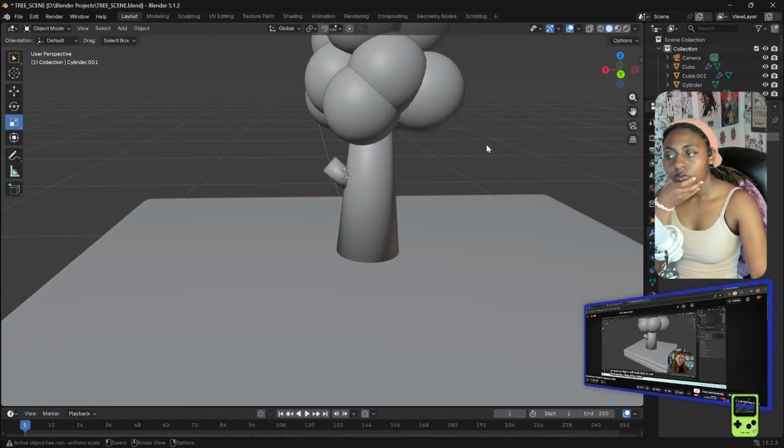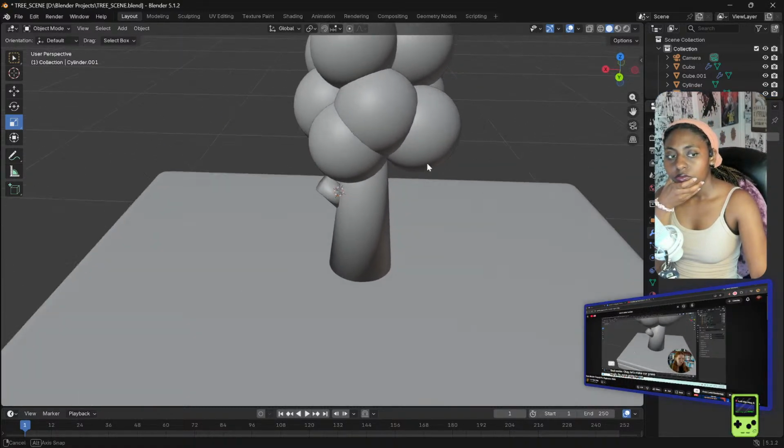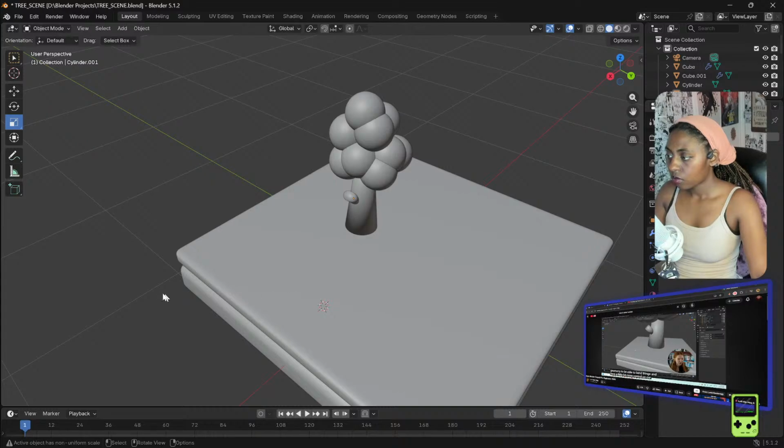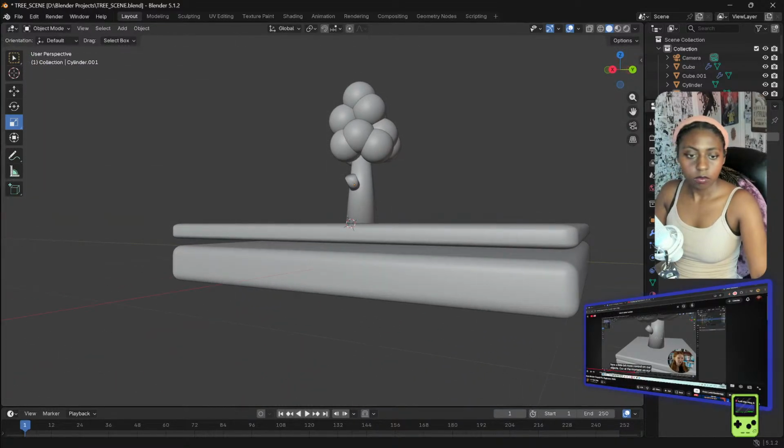Okay, let's make our grass stuff. So we're going to use circles to make these because we need a little bit more geometry to be able to bend things and have a little bit more control on our objects. Because at the moment on our cylinder,